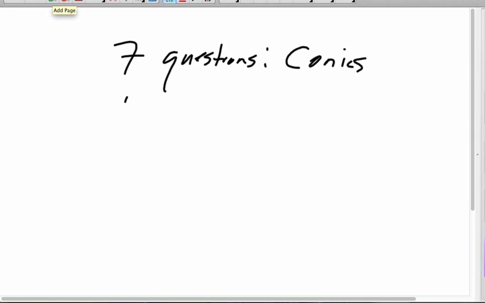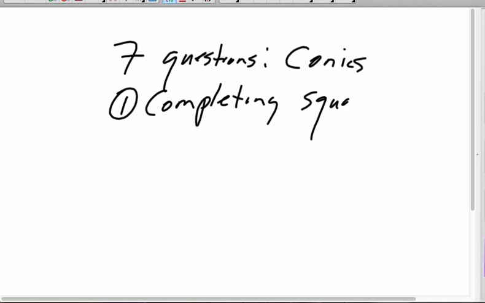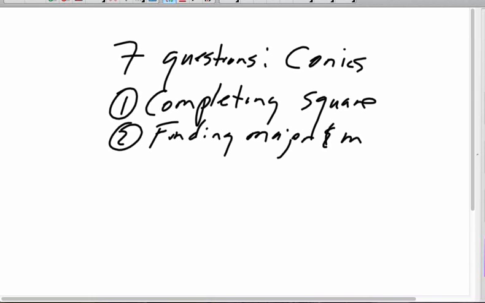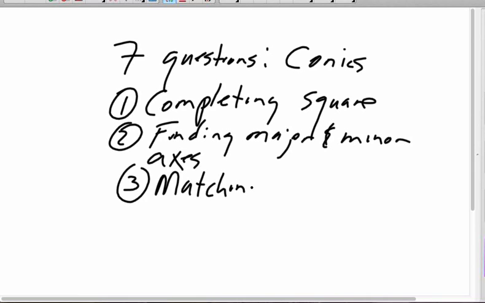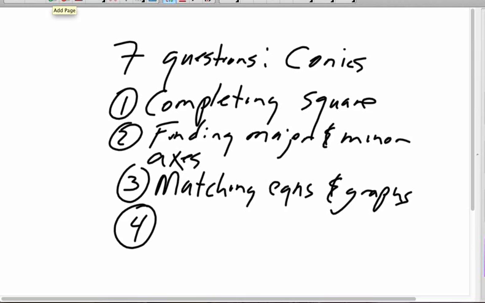And they're going to involve completing the square, finding major and minor axes, matching equations and graphs, and finally, identifying a conic